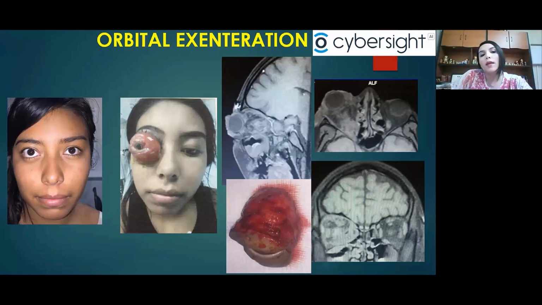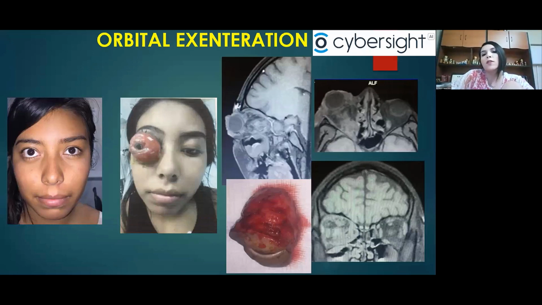We proposed to the family to make a biopsy under general anesthesia. The family didn't want to accept the general anesthesia, not even local anesthesia for the biopsy, and they only left the hospital. Two weeks after that first visit, the girl arrives with this huge proptosis, chemosis, no vision at all,